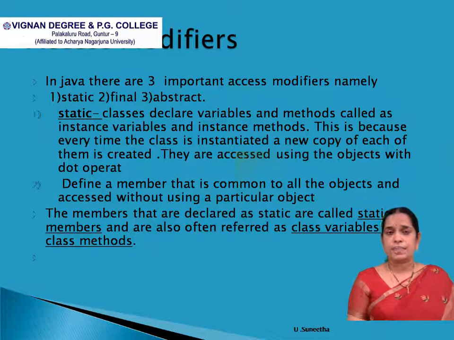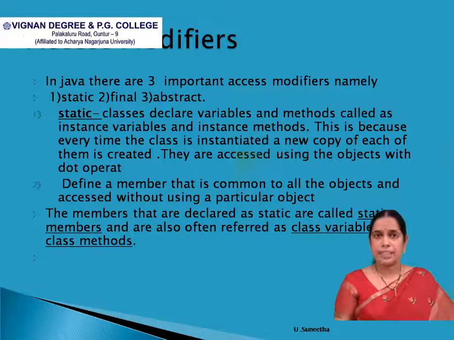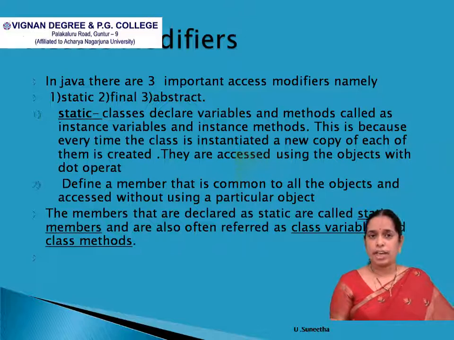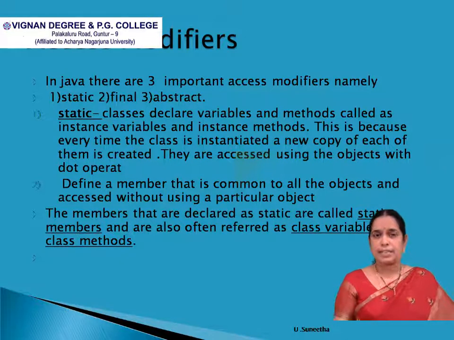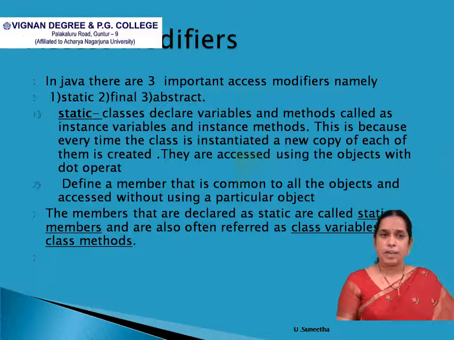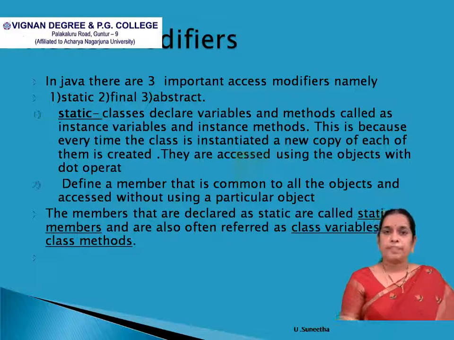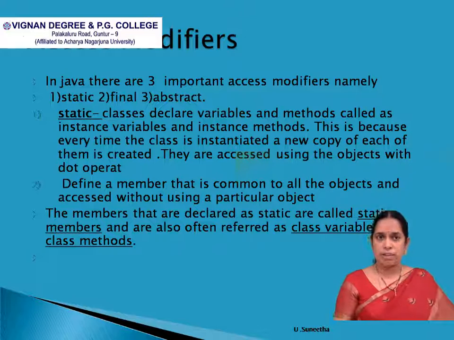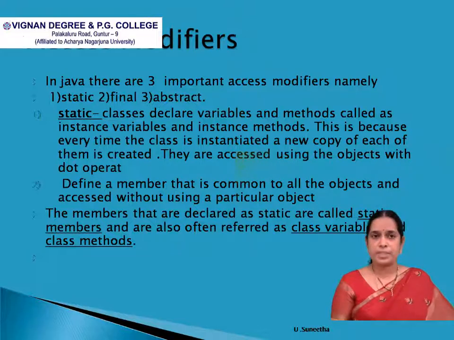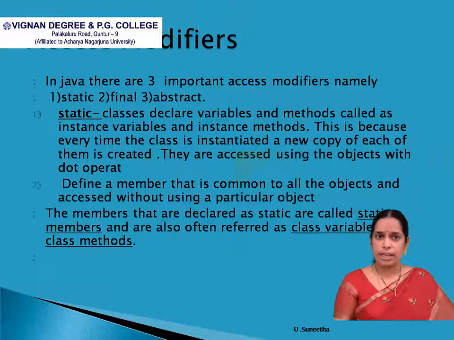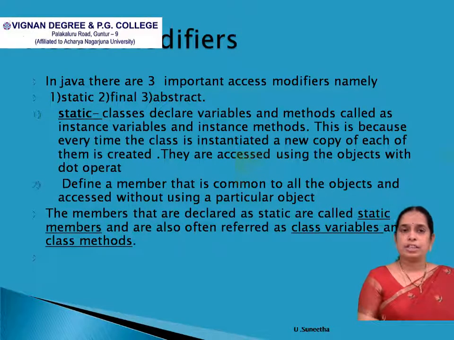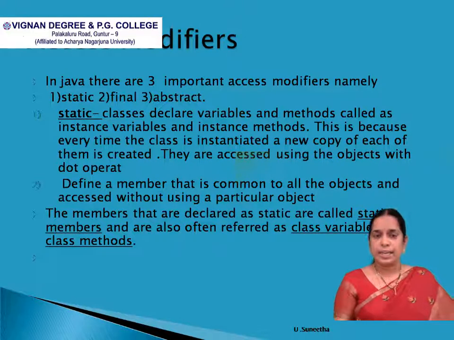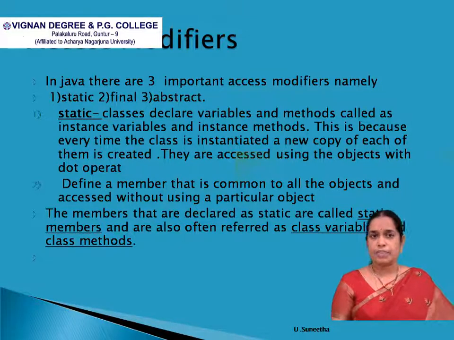And if it is placed before a method, then that particular method belongs to the class and does not belong to any object. So, static members belong to the class and they do not belong to any object. And if we want to access these static members, we do not require any object because, as we have already said, they belong to the class. So there is no need of an object in order to access or invoke them. And mainly, if a variable is declared as static, then that particular variable will retain its value. That is the best use of static for a variable.